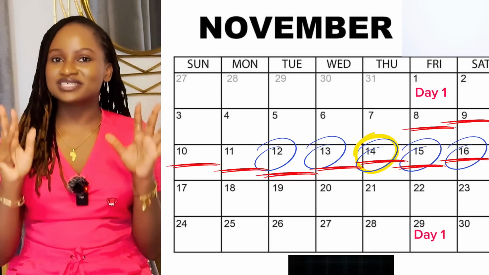So does it mean that every day of these 9 days, she has to have sexual intercourse in order to get pregnant? And the answer is no. This is because studies have shown that when a man abstains from sex for about 2 to 3 days, it gives him the best sperm quality. So we don't want to have sex every day of these 9 days when you're trying to get pregnant. When you have sex every other day, that is, you have today, you don't have tomorrow, you have the next day, that increases your chances of getting pregnant.